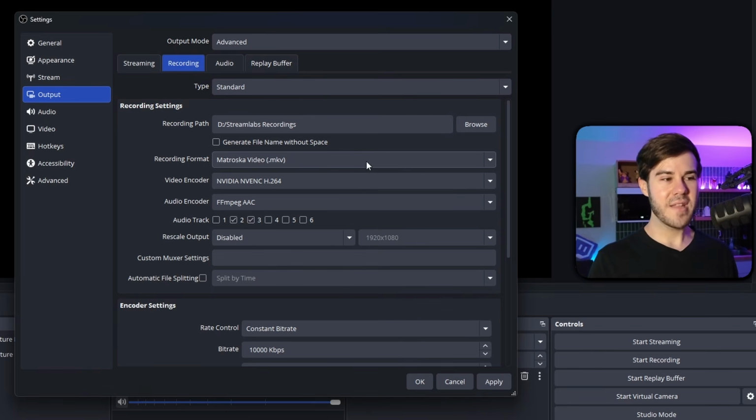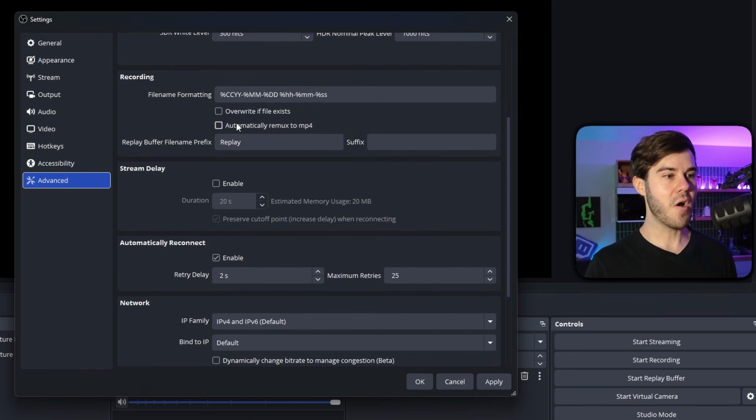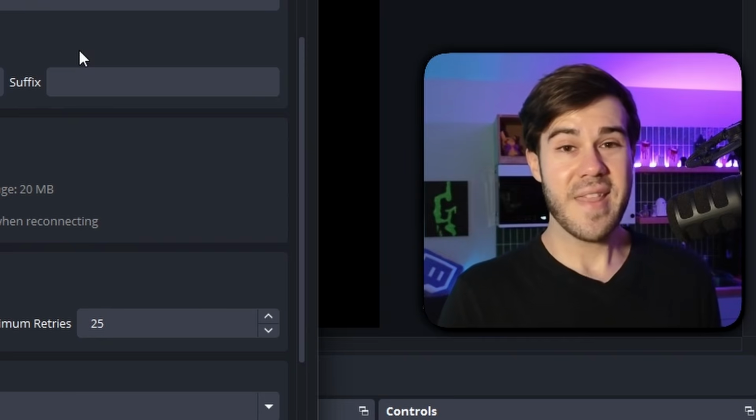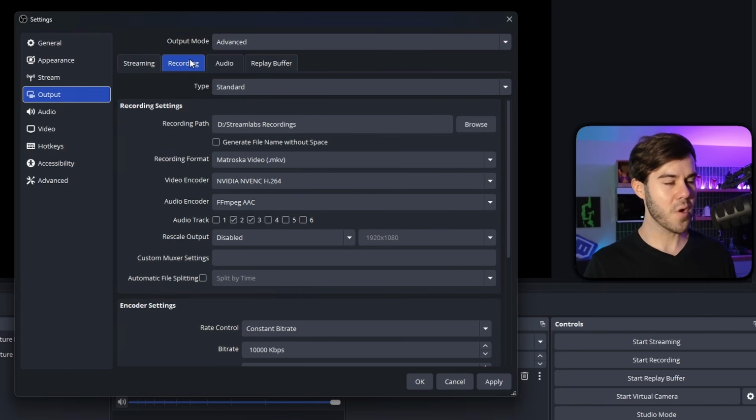However, this can be a pain to actually convert, but if we go to the advanced tab over on the left and scroll down, we can automatically remux it to an MP4 when it's done recording. That way you don't have to worry about converting it, which for me, a lazy one, is perfect. So make sure that this is checked, go back to output, go back to recording,